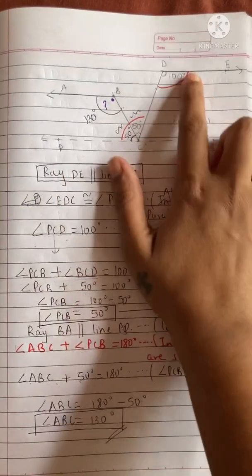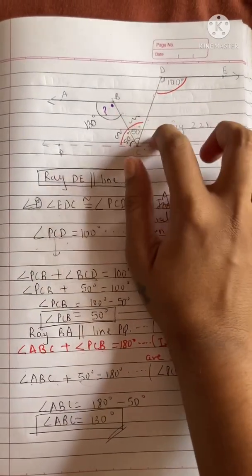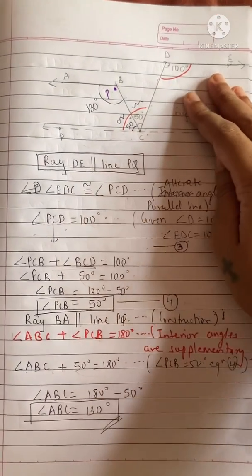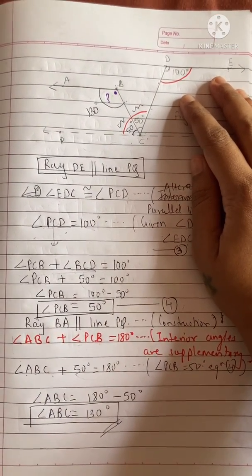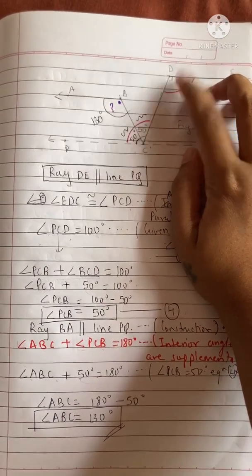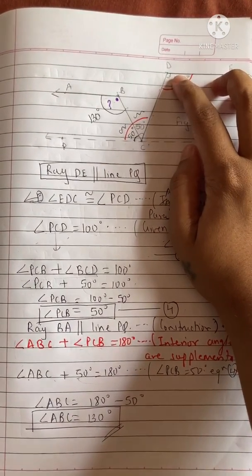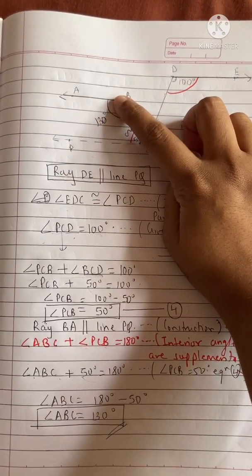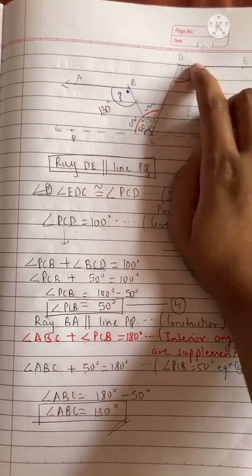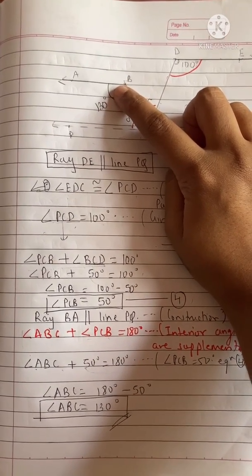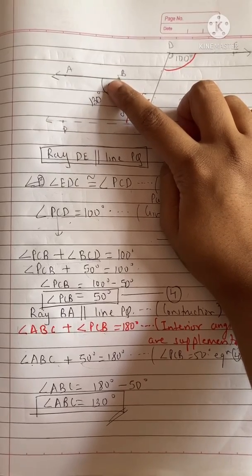So this is how we find out. So when you get such a type of diagram, don't get confused or worried about how we are going to solve this kind of sum. It is really very easy. If you take all the given things first, start with whatever is given, and then slowly find out the to-find part. Whatever we have to find out, slowly by the given part you have to find out whatever they have told us to find out.